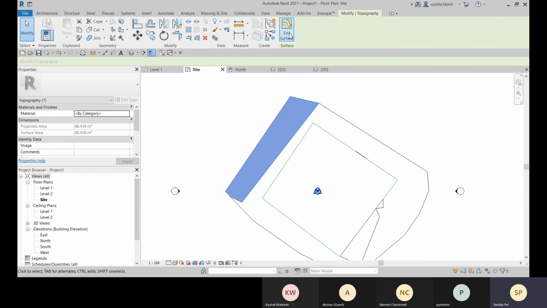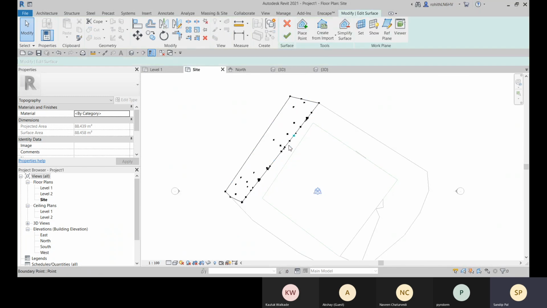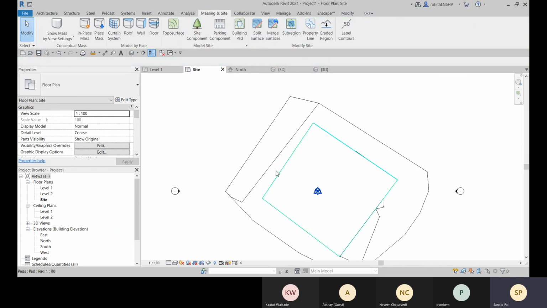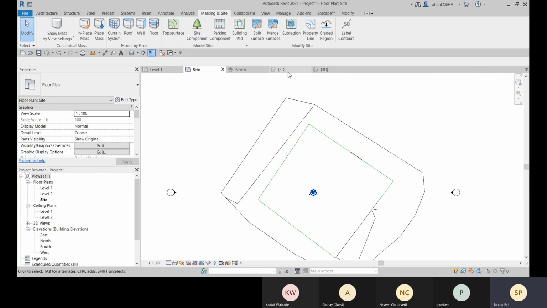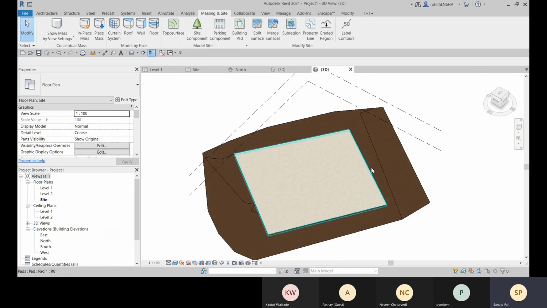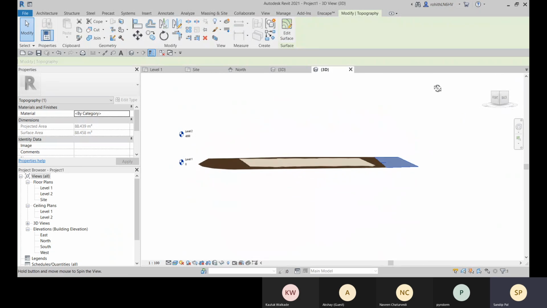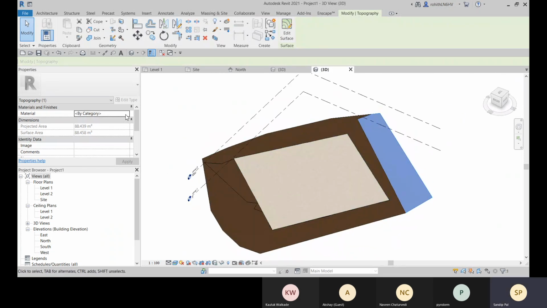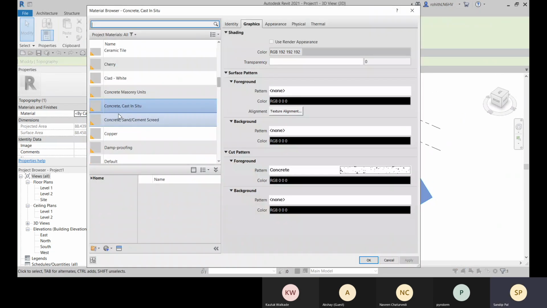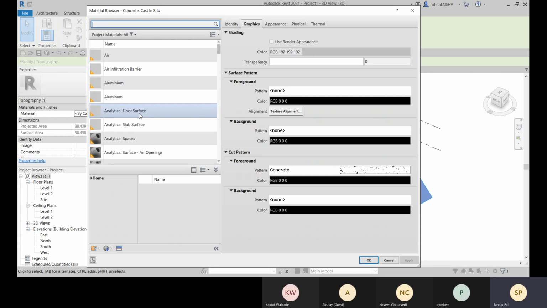If you need to change anything, you can go for edit surface. Let me show you in 3D that it is created here. Then go to the material, and here we have asphalt material. You can search for it.